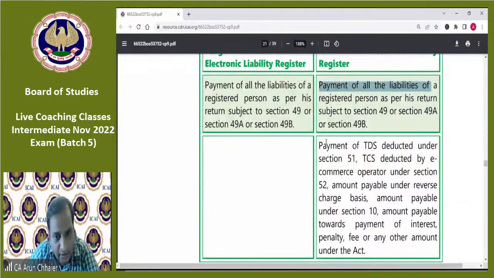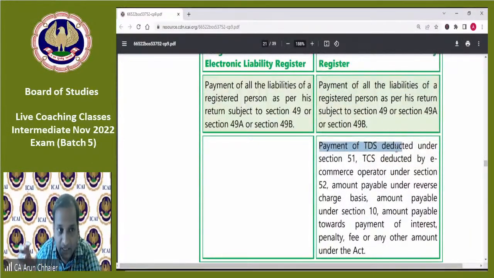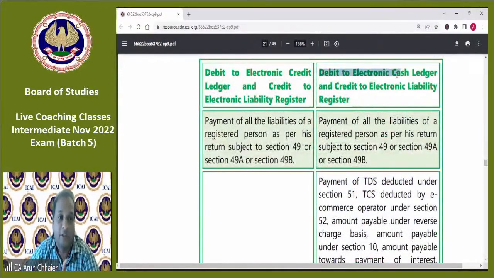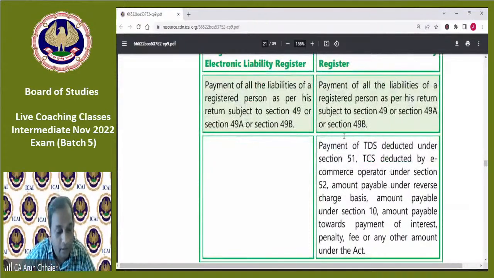So again, payment of all the liabilities of a registered person as per his return, subject to 49, 49A and 49B. Next, new things: payment of the TDS deducted under section 51 and TCS collected by the e-commerce operator under section 52, amount payable under reverse charge, amount payable under section 10, amount payable toward the payment of tax, interest, penalty, fees, or any other amount. That will be debited to the cash ledger or credited to the electronic liability register. So we have discussed which liabilities have to be debited and which have to be credited. Moving further,